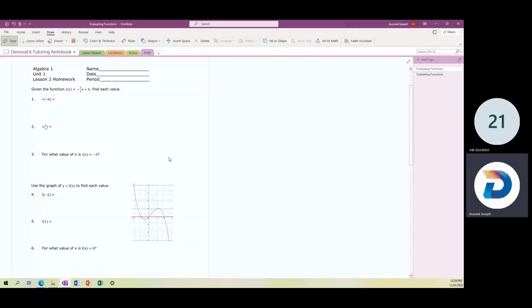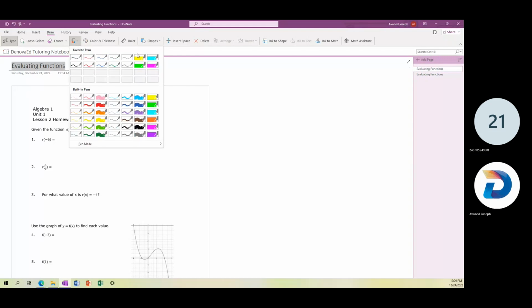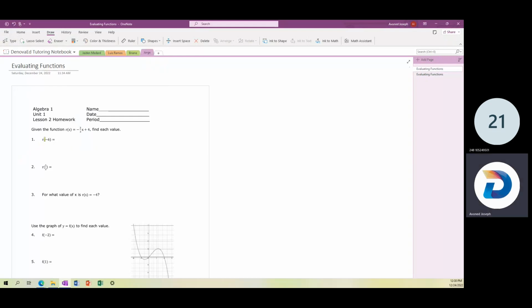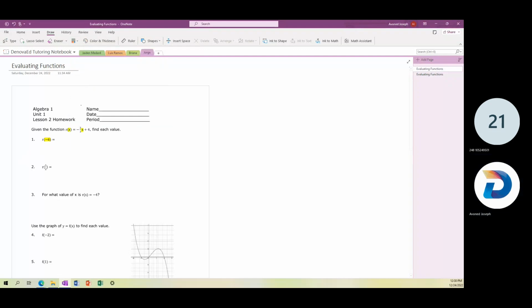All right, so this is the lesson that we're talking about, evaluating functions. We have the given function r of x is equal to -2/3 x plus 4, find each value. When we're trying to evaluate functions, we're going to see something like -6. That is our x value. Wherever we see x in the original function, that's what we're going to replace with -6. So if we rewrite that equation, we have